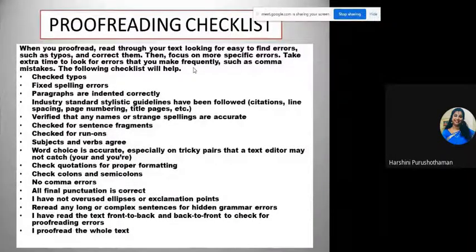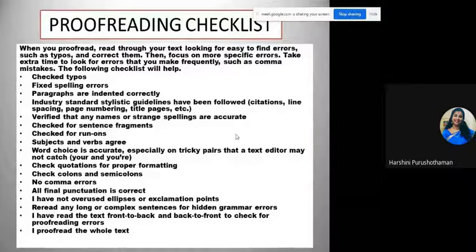Okay. So it is always better, even though you depend on language tools, you must have a subject expert, a language expert, to whom you can give the document. Once you have checked with Grammarly, you can hand over the document to that person also, and that person can take time to read, because after all it is a very, very important document and it forms an important part of your career. Okay, so spending a little time is not going to be much. Okay, so you can do that.